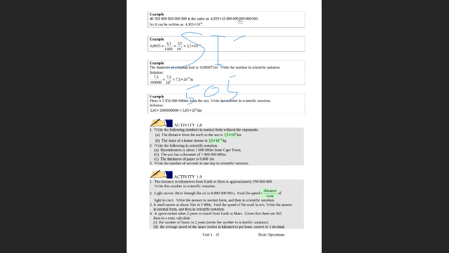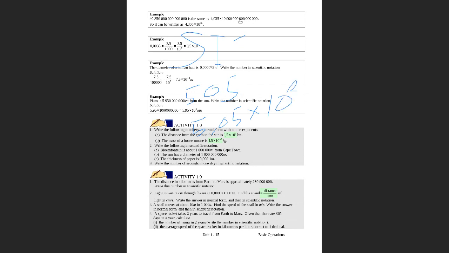If you want 505, it's going to be 5.05 times 10 to the power 2, sir, written in scientific notation. It's going to be 5.05 times 10 to the power 2 if you use two decimal places. Okay, good.